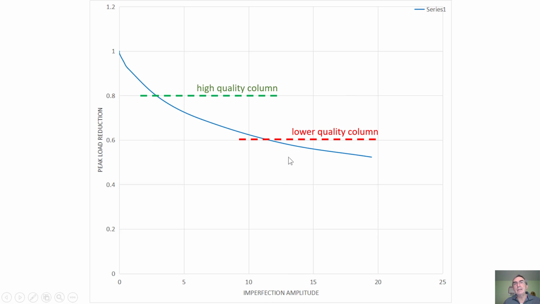So now here you can appreciate that if you buy an expensive high quality column, which implies that it has low imperfections, then you may lose only 20% of the load capacity. And to lose less than that, you would need a perfect column, which you cannot buy. So this region will be almost impractical, or difficult to get. And if you buy a lower quality column, then your imperfection is likely to be higher, and then you are going to lose more. We're going to talk about how to measure the imperfection, where to get the imperfection.